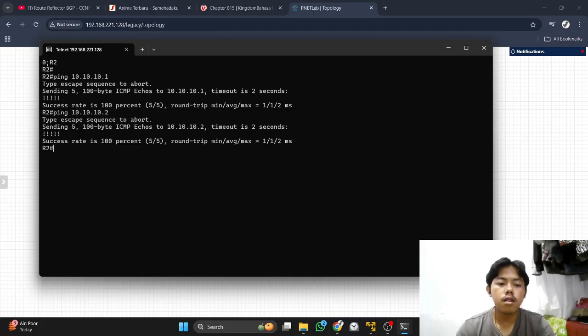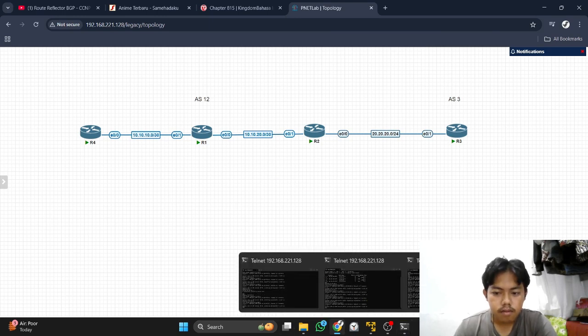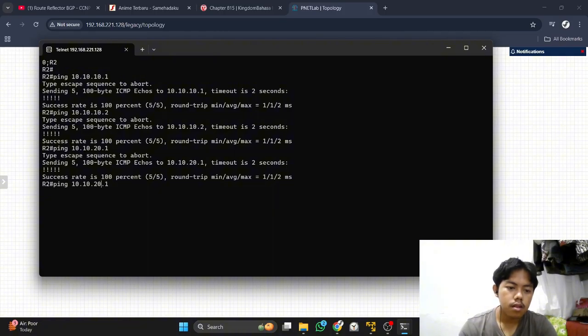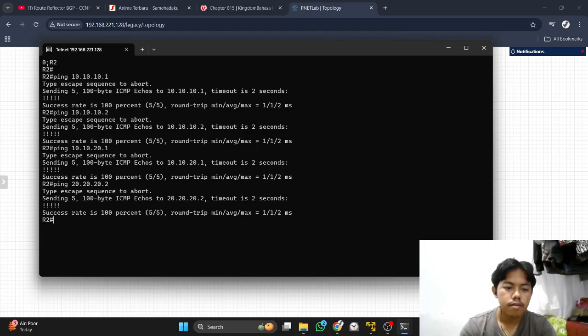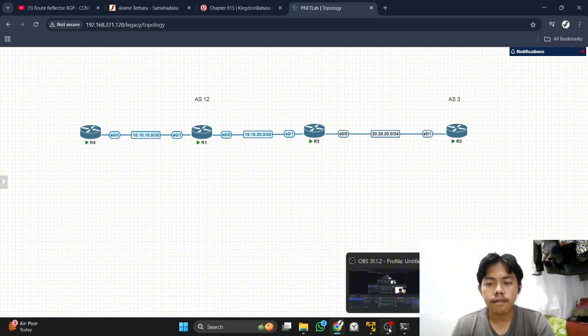Success. Okay, so we succeeded in creating the route reflector on Cisco with PNet Lab.